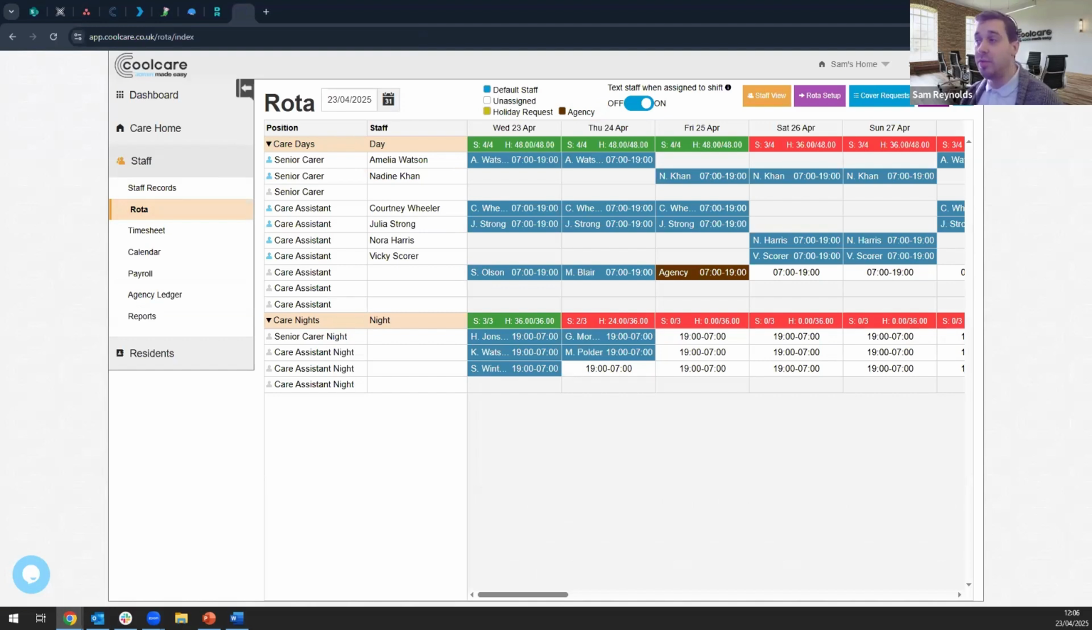So the blue shifts are all the ones we've already got assigned to our regular staff members. This brown one here, that even says agency in there, means it's been assigned to agency staff. So you can easily spot your agency usage on the rota as well. It's not just having to check on that ledger. Just looking through your rota, you'll be able to find any shifts that have been assigned to agency and potentially